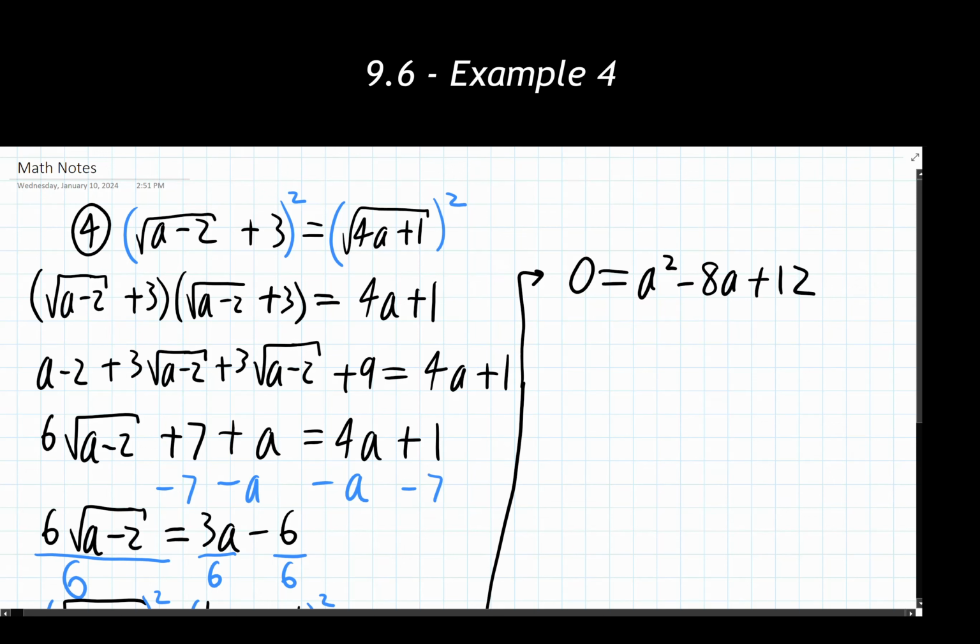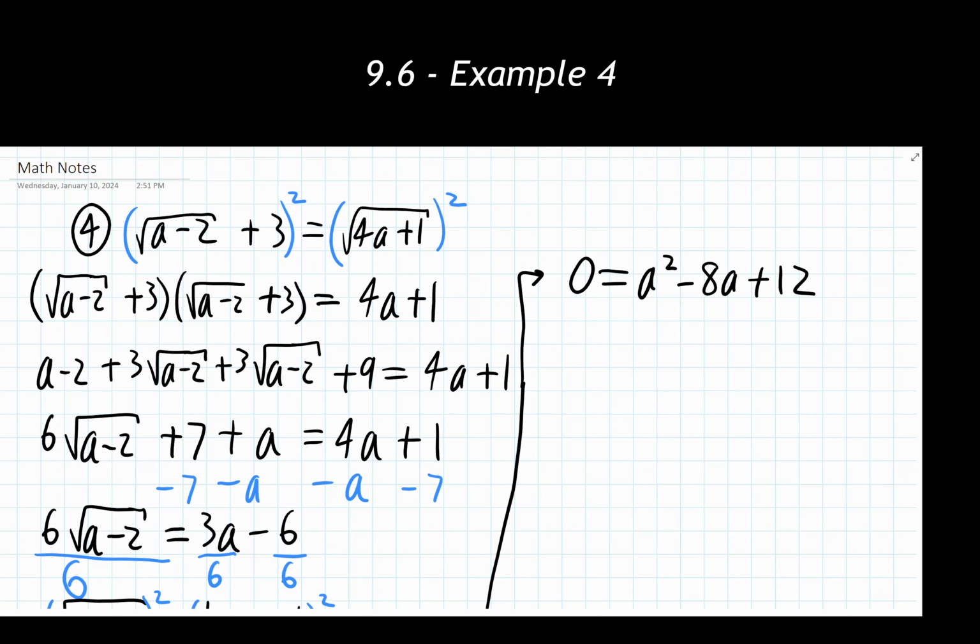There we go. A little bit easier. So when I factor this, it's one of our special forms. Not really a special form, but this was the 7.2 material. We have a little bit of a shortcut with this. I'm saying what two numbers multiply to give me 12 and add together to give me -8. That's going to be -2 and -6. So my potential A values are 2 and 6 here.